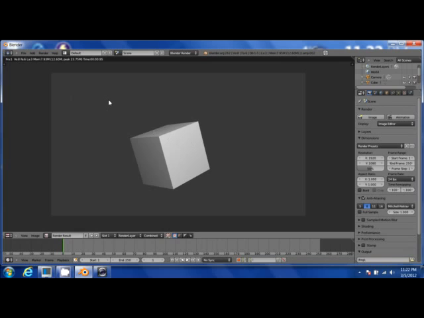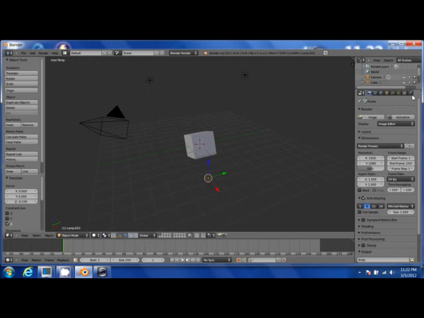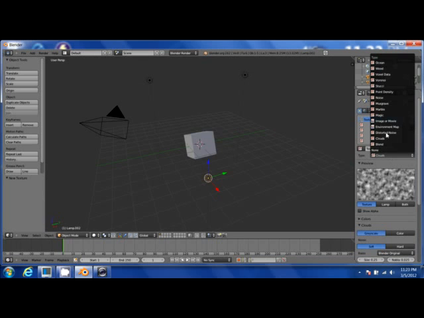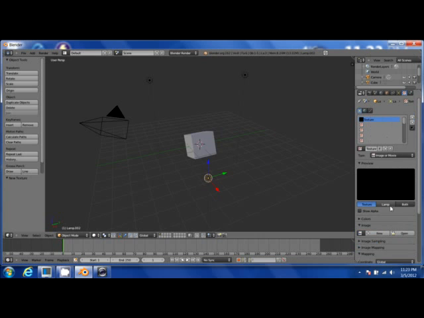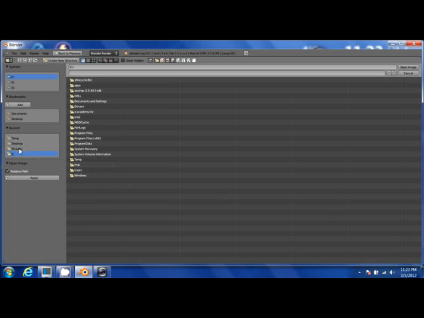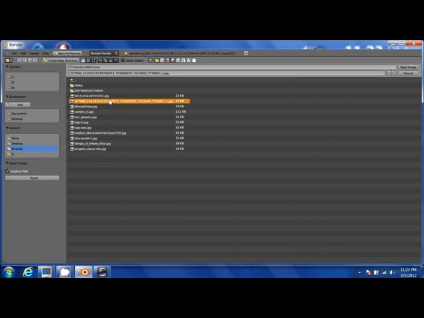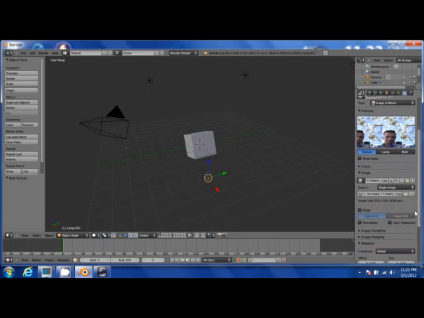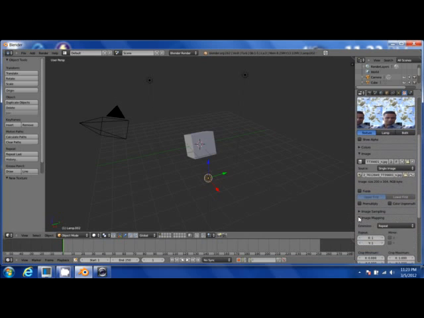Still we don't have the texture image as we planned on the individual faces of the cube. To achieve that, we'll click on texture and we'll add a new texture. We'll select the texture type to be image. We'll open the same image. Right now we have multiple clips, but we don't want multiple, we want a single one. We'll change the extension from repeat to clip, and